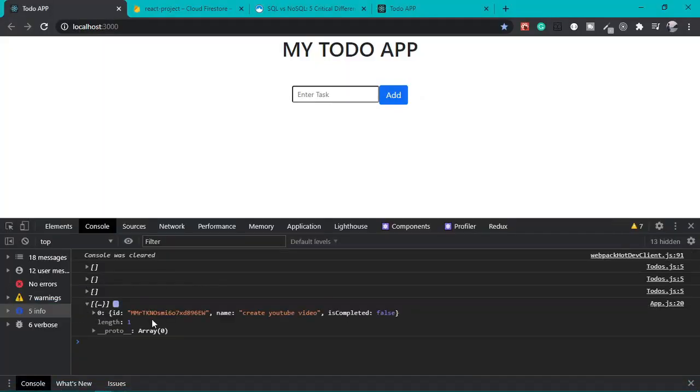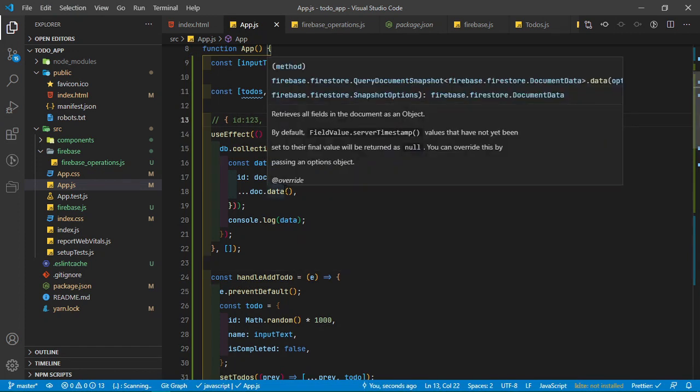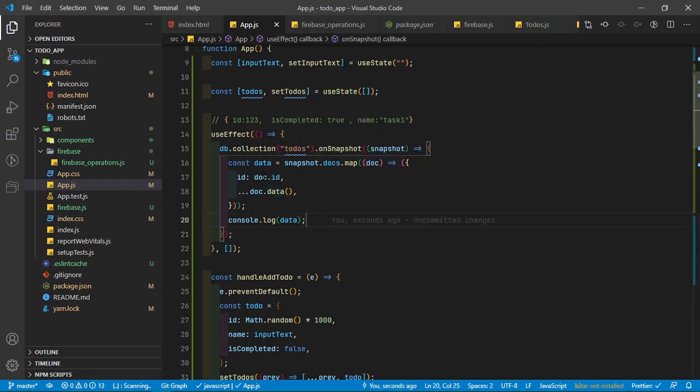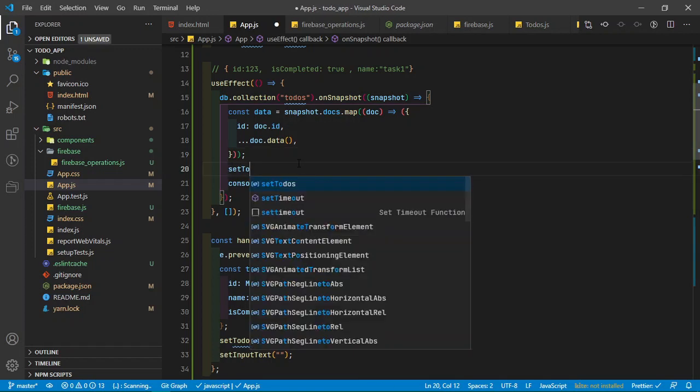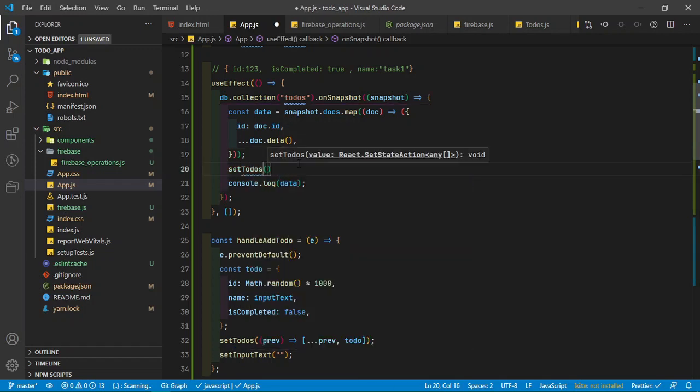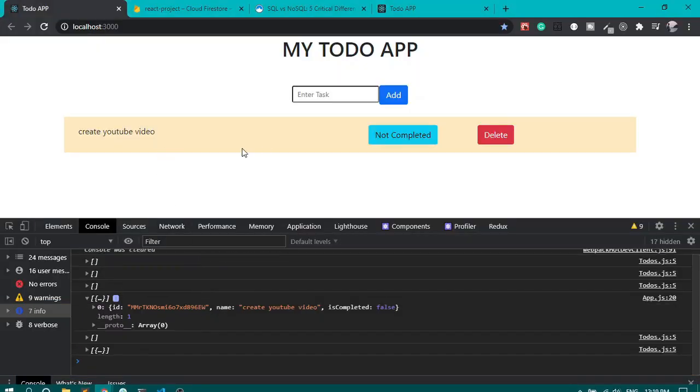Okay, so we have id, name, is completed, same structure as we want here: id, is completed, name. So we get the data here. Now I want to set that data. So how to set data? We set data using set to dos, and boom, we go here. Yes,